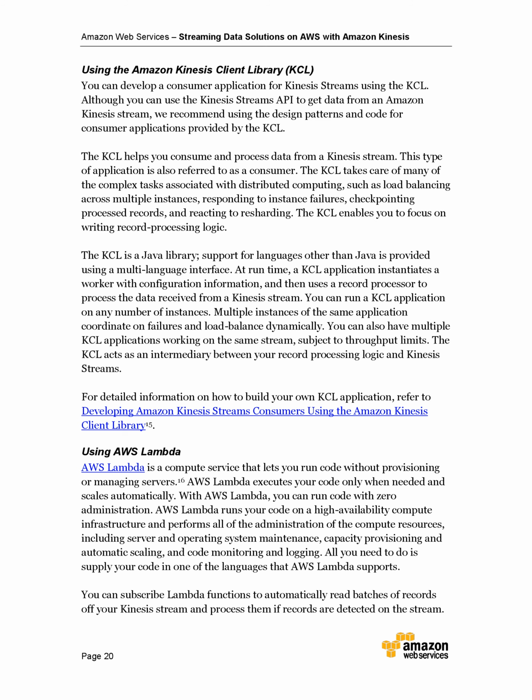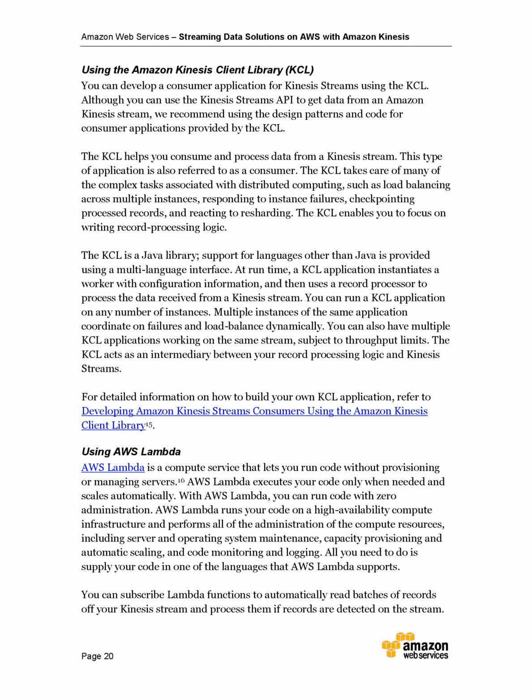You can also have multiple KCL applications working on the same stream, subject to throughput limits. The KCL acts as an intermediary between your record processing logic and Kinesis streams. For detailed information on how to build your own KCL application, refer to Developing Amazon Kinesis Streams Consumers using the Amazon Kinesis Client Library 15.